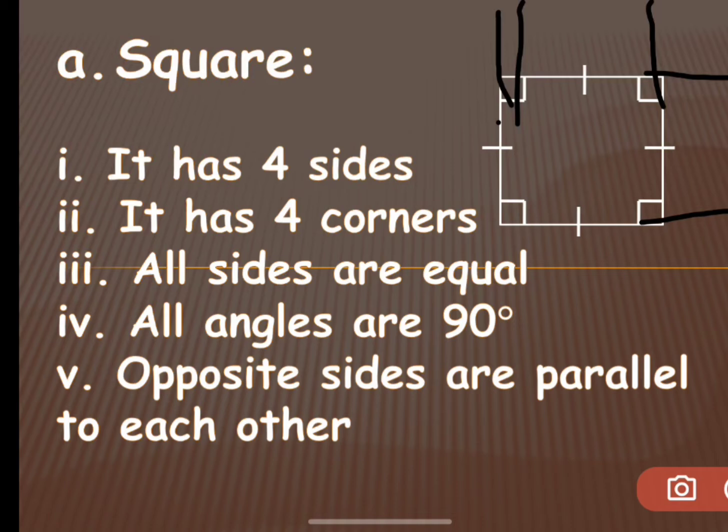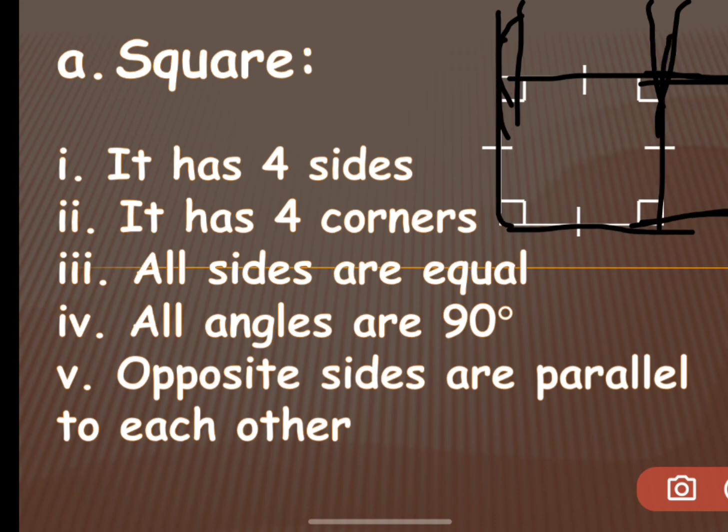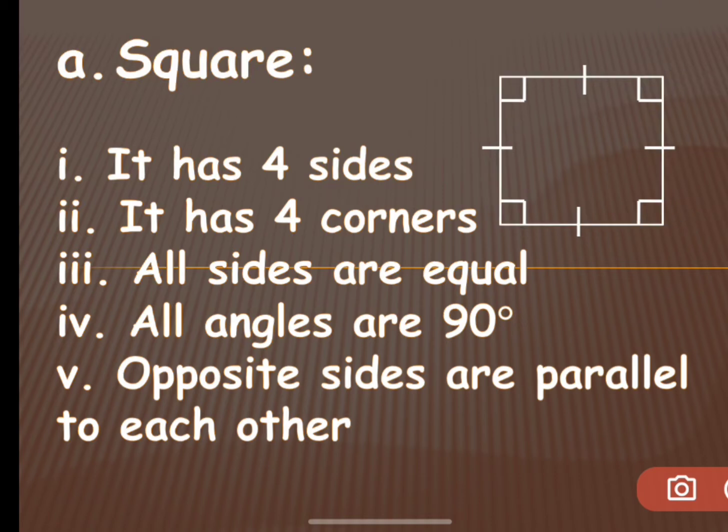And a square has two sets of parallel lines. So this is one set of parallel lines that, whenever we extend, never meet. And this side also has parallel lines. Okay, that means two sets of parallel lines which are opposite sides. Okay, so this side is opposite to this side and this side is opposite to this side, isn't it, children? So opposite sides are parallel to each other. Okay, next